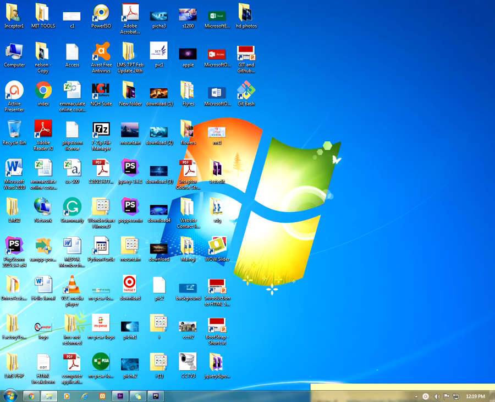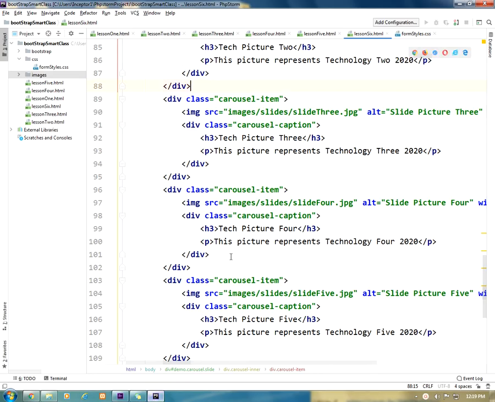Hello everyone, now that we have downloaded and installed Git Bash on Windows and also installed Git on Linux, we'll just open our project on PHP Storm. If you have your PHP Storm project, you can open any. In my case, I have my Bootstrap Smart class and I want to push this one to my GitHub